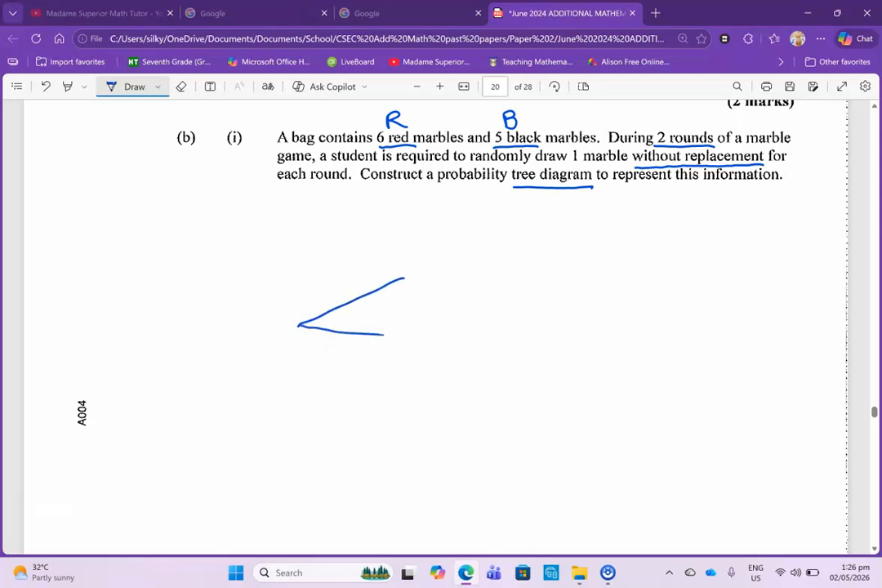So either we can pick a red marble or a black marble. The probability of picking a red marble will be 6 out of the 11 marbles in total, and the probability of picking a black marble will be 5 out of 11. So the next round,